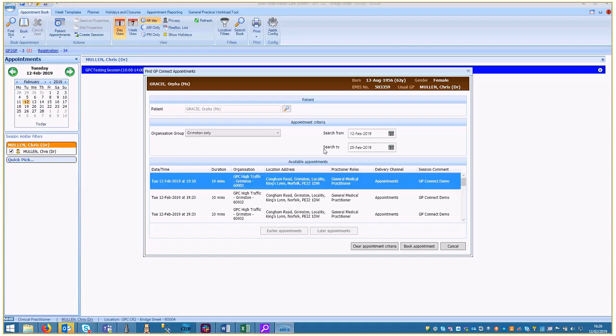The search from and search to date will allow you to search across different date ranges, but must be within a 14-day range of each other. That's as dictated by the GP Connect specification. If I wish to go back and start again, I can click Clear Appointment Criteria and it will go back to the beginning. But in this instance, I'm going to book an appointment for author, so I've selected this slot